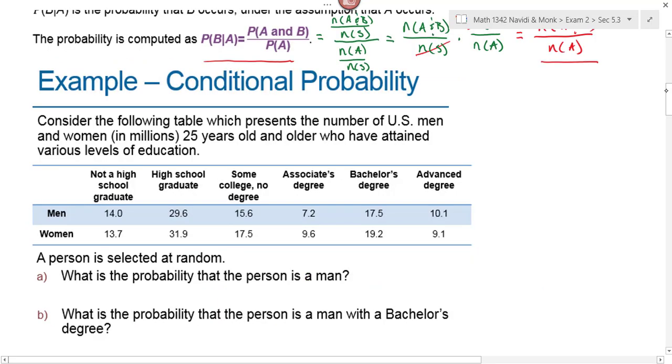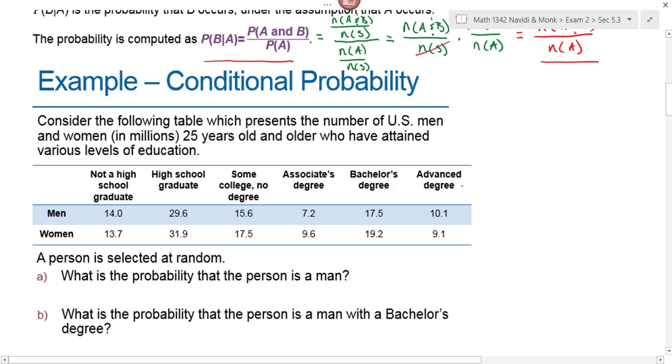So here's an example problem that illustrates different types of probabilities that we could consider. Consider the following table, which presents the number of U.S. men and women in millions 25 years old and older who have attained various levels of education. This table represents men and women who have various levels of education, and all of the men and women are